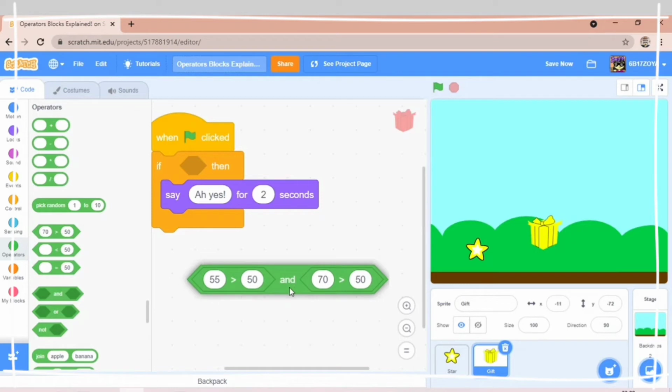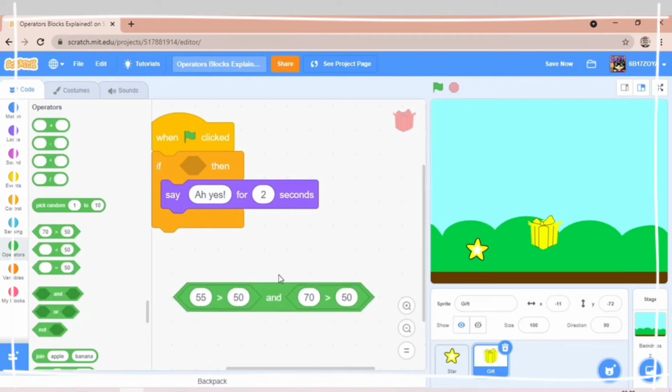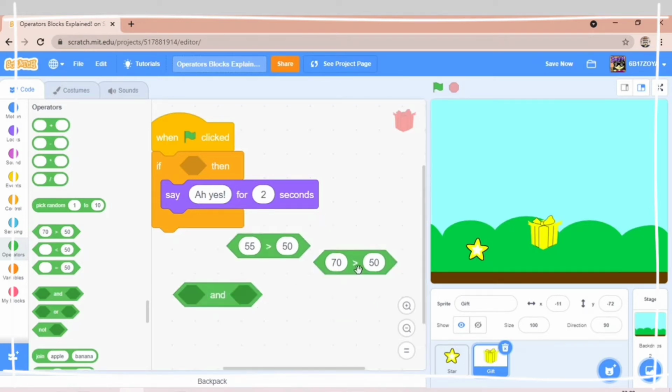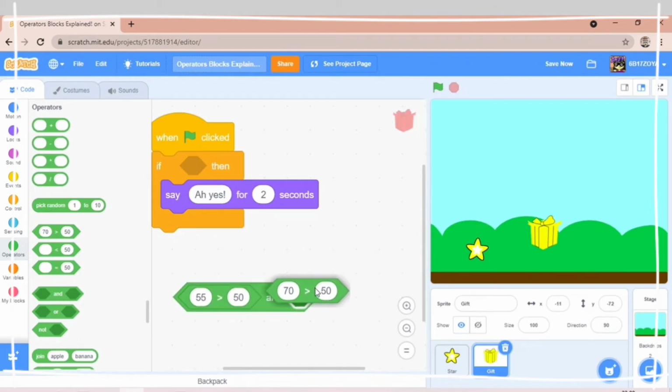So while using this AND block, we have to write all those options in these two sections. We have to put only those things, and if these both aren't true, the further code will be false.